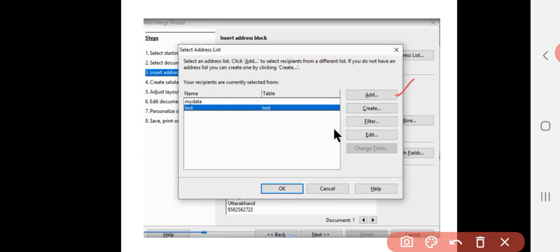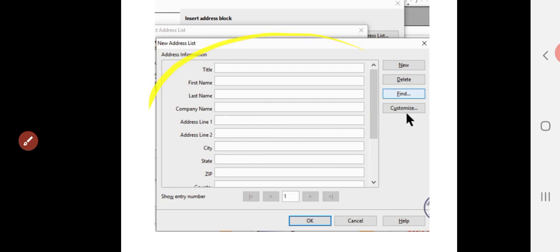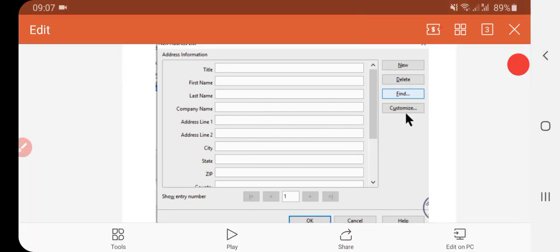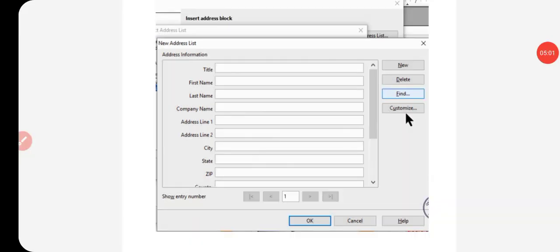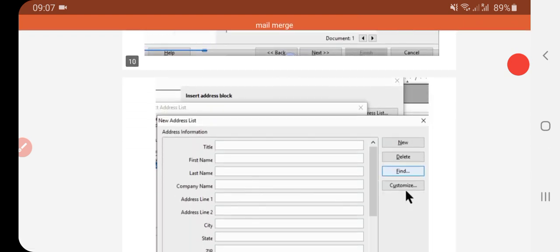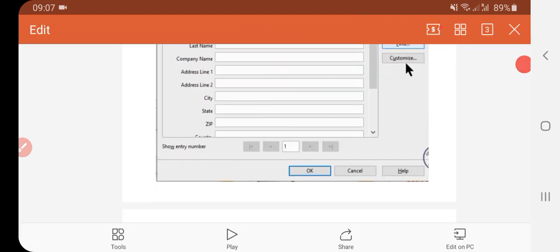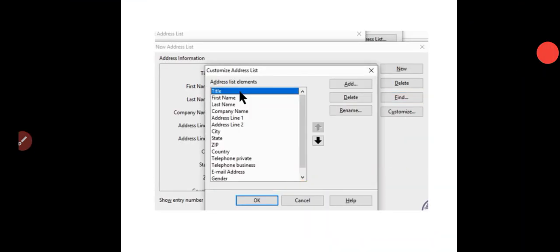the value. When you click on the add option, then click on OK, this type of area will appear. Now you can write down your values like title, first name, last name, company name. After that, you just have to select the different fields. Now put your values over here. After that, click on the OK option. When you click on the OK option, it will give you this type of area.